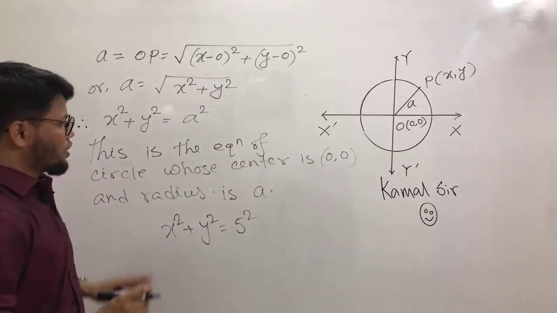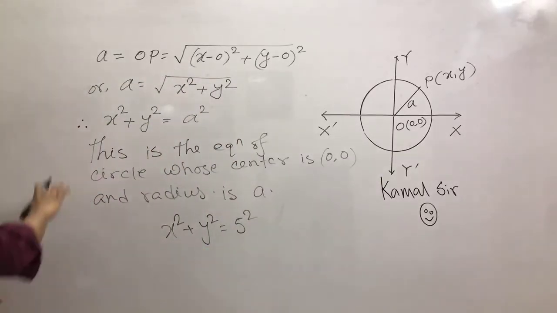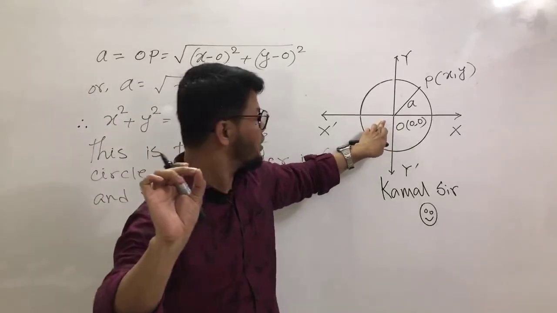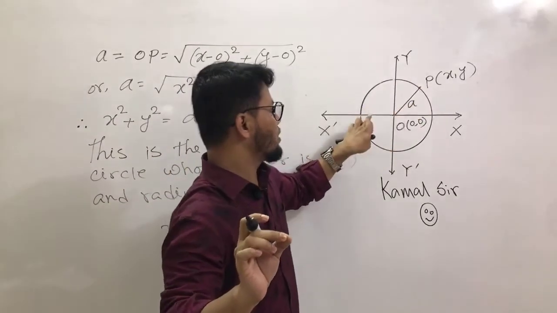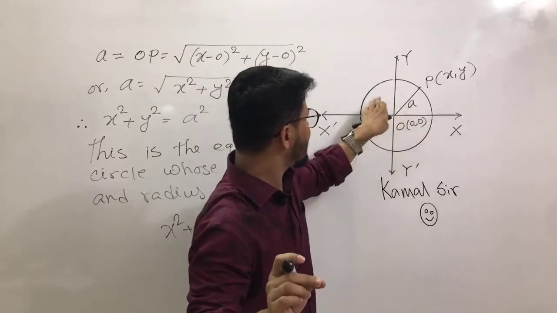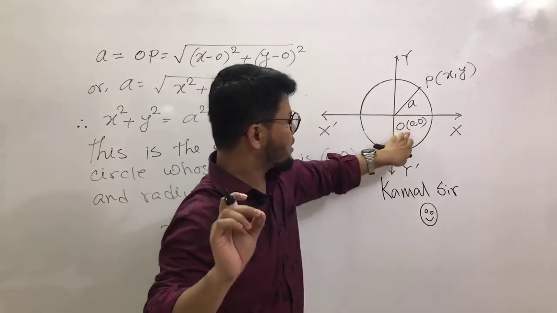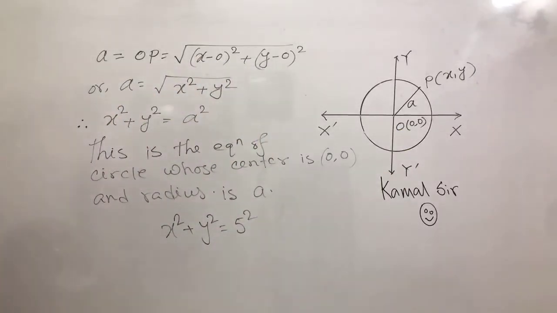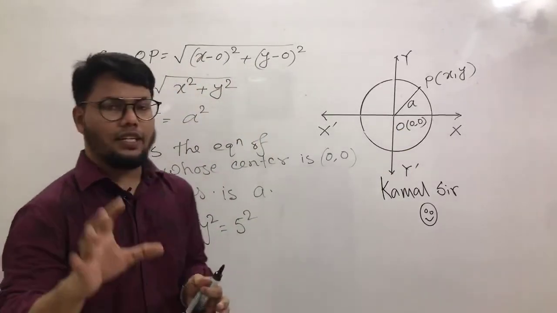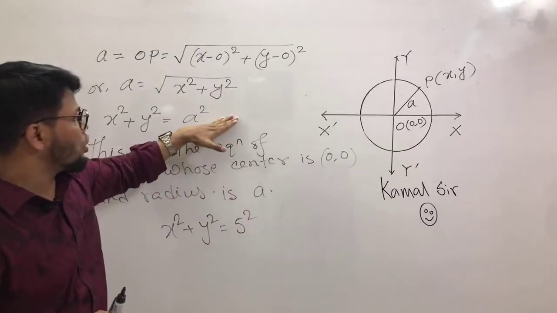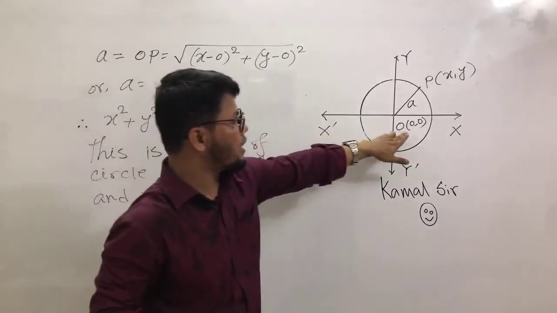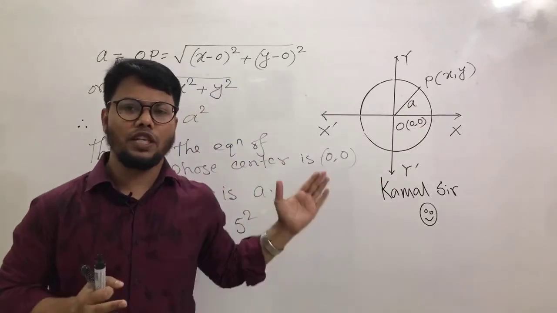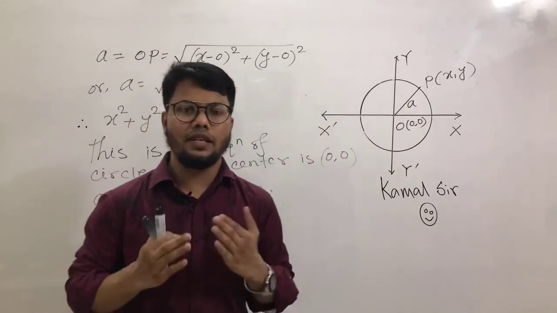So dear students, I think we all know this form, but when the center is outside of the origin, it may be here or any other except 0, 0, so what will be the relation of the circle? So my dear students, this is very easy formula of the circle whose center is at 0 and radius a. So please let me know if you have any question here. We are going to start here the next step.